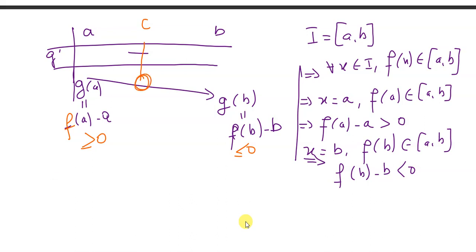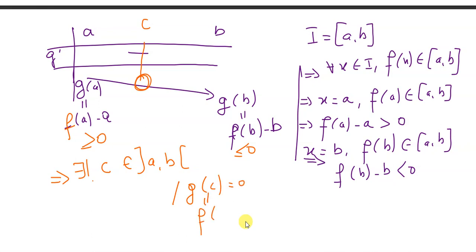And since the function is strictly monotonic, there exists a unique C that belongs to the interval AB such that g of c equals 0. g of c means that f of c minus c equals 0, and it means that f of c equals c. So here we prove that there exists a unique fixed point that belongs to AB